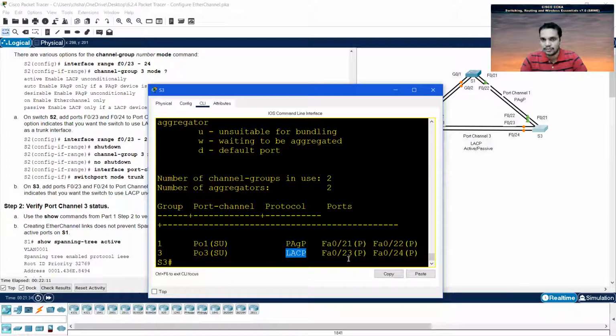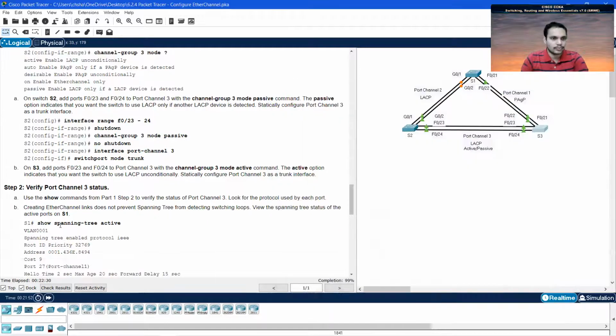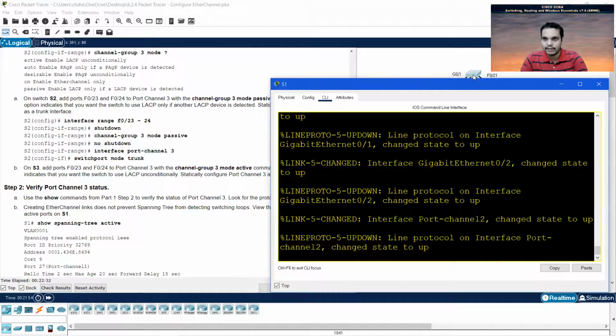You can see which of the ports are actually involved in this. So it's up and running. It says U, and U means up. If there is a problem and it does not happen properly, you can see a D for down here. We'll check that out in my next video, where we try to troubleshoot the port channels. Okay, it is now asking me to go to S1 again.